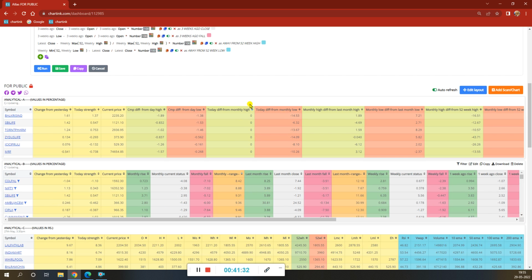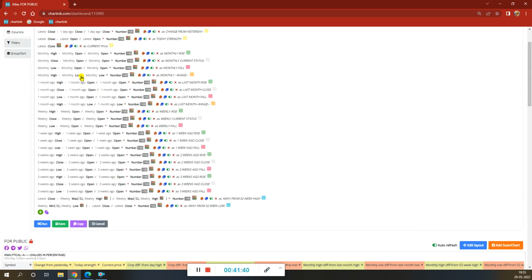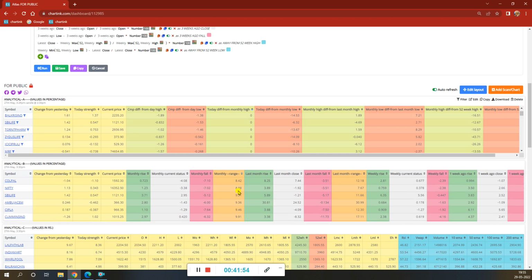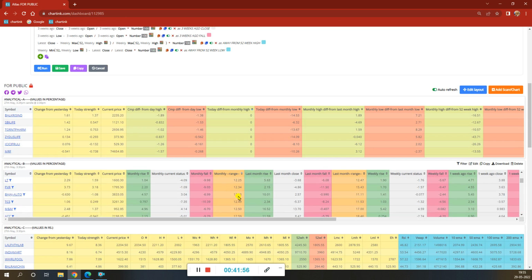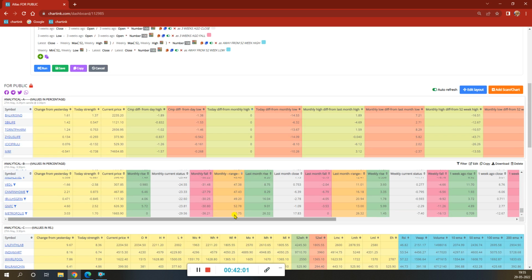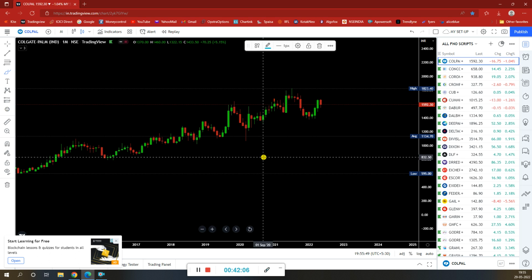Range means, now how do we calculate range? Look at this. This is the monthly range. The monthly range is always from high to low, from top to bottom, whatever you call it. So that makes it a range. So this one has an 8% range, this one 8, then 9, then 9, then 10, then 11, and the highest range you would get is 56%, Metropolis. You would see a big candle,